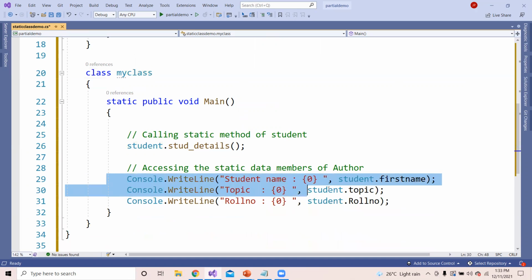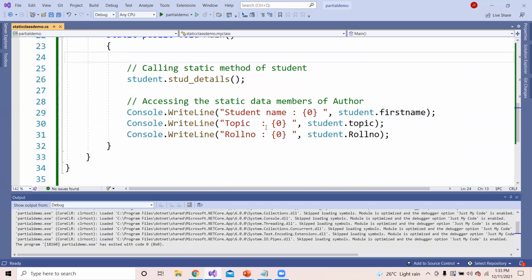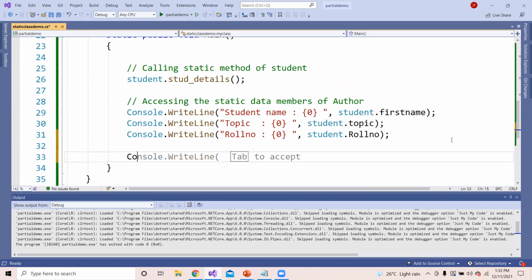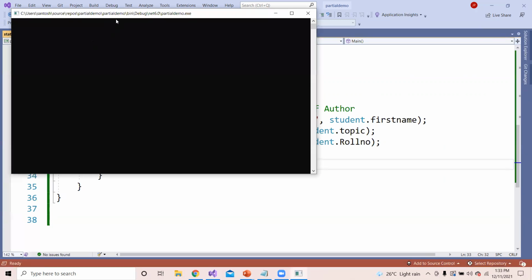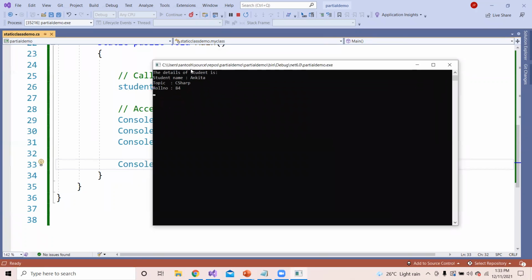Then we are going to print all these details: student name, topic, as well as roll number. Let me just execute this. Let me put a console.readline. Whatever the name, topic, and roll number you have set, the same things are getting displayed here.